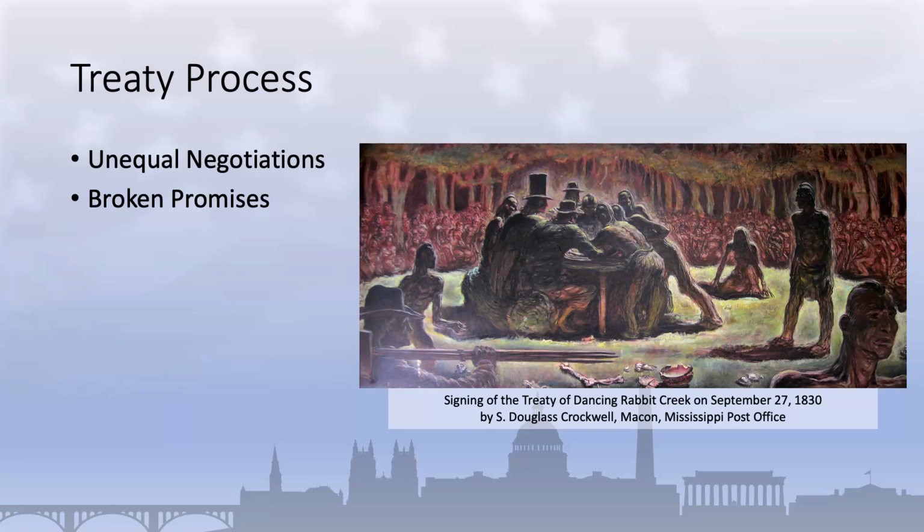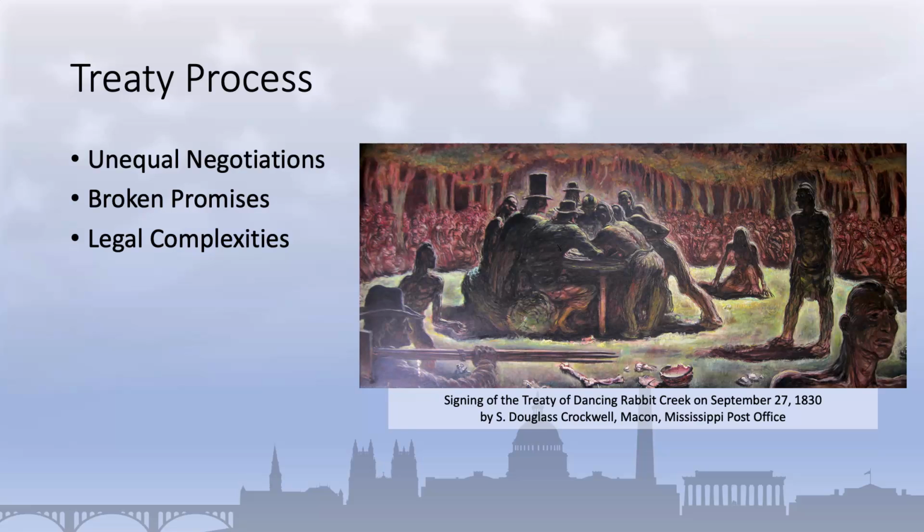For example, the Treaty of Fort Laramie in 1868 promised the Sioux people exclusive use and occupation of the Black Hills in perpetuity. However, when gold was discovered in the Black Hills in the 1870s, the U.S. government seized the land in violation of the treaty. Further, as a result of language barriers, cultural differences, and the complex legal and political context of the treaties, many indigenous peoples did not fully understand the implications of the treaties that they were forced to sign. This often led to misunderstandings and disputes over treaty provisions.